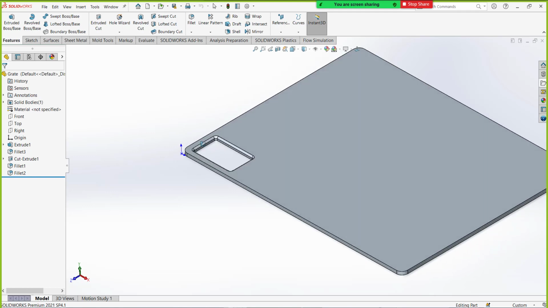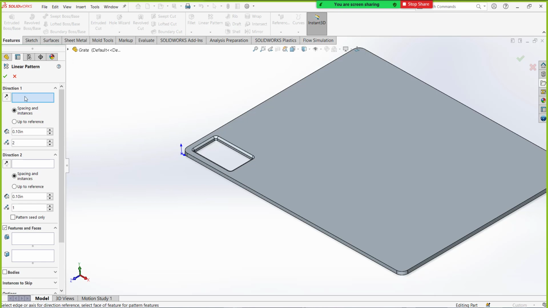Here you can see this is the cutout which I need to pattern along the x direction as well as the z direction by referring to this coordinate system. This is the patterns drop down. Here you're going to get all the types of patterns. Let's say I want the linear pattern. Select it.